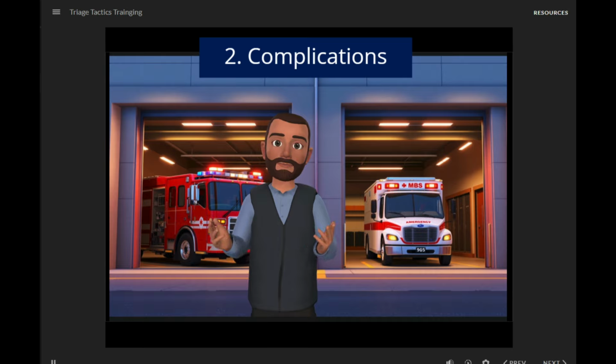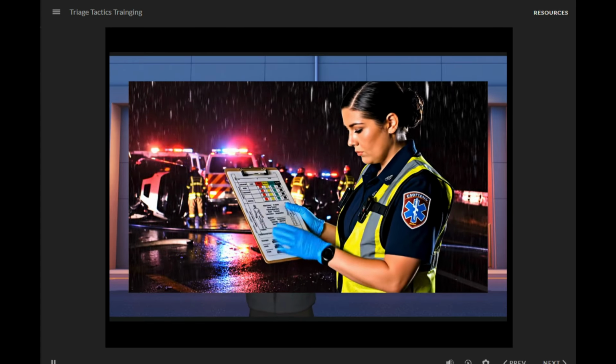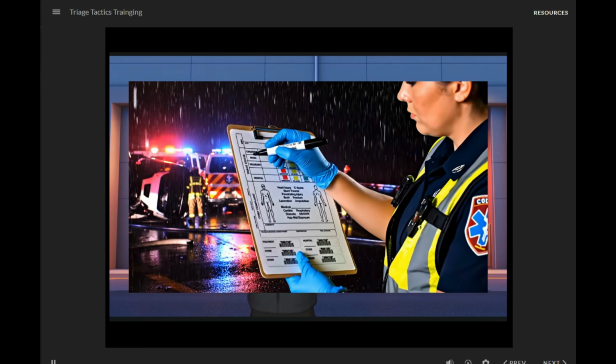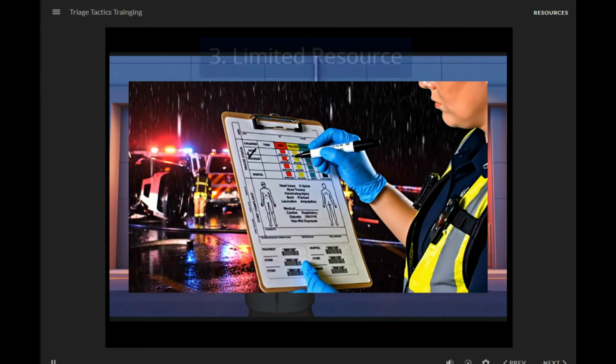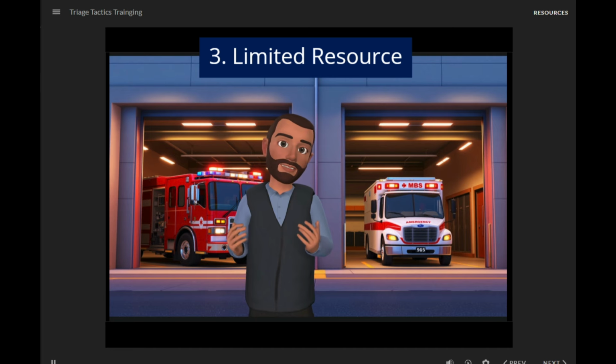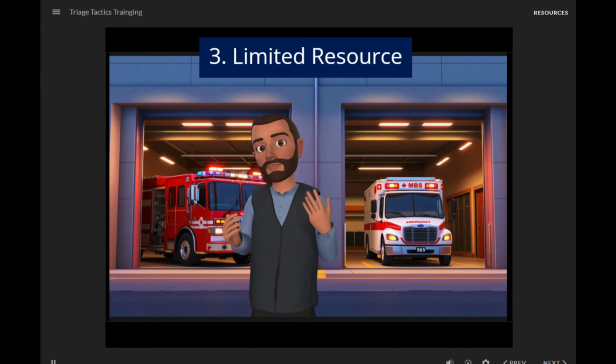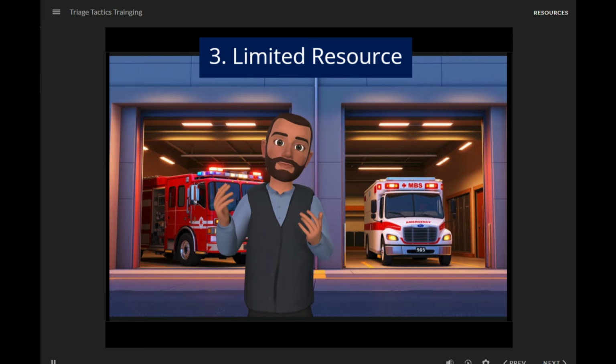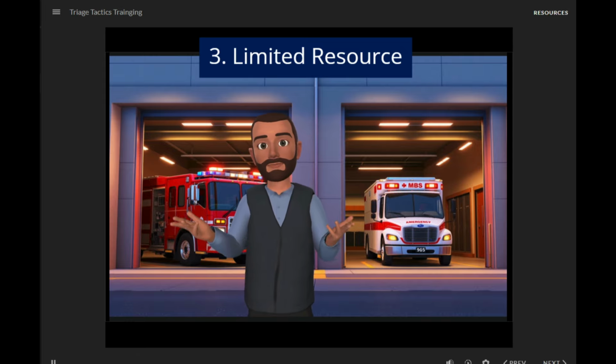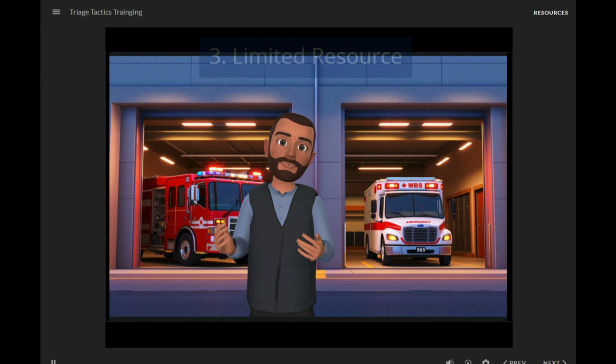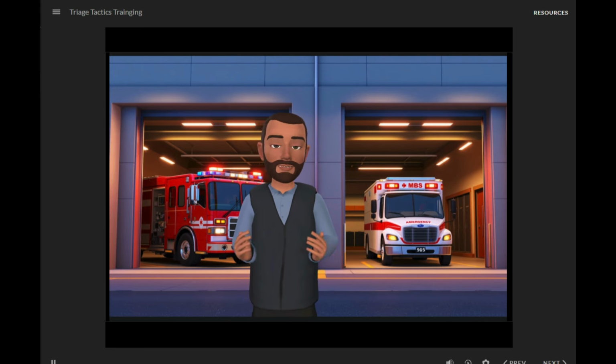Scenario 2, dynamic complications. 10 minutes into the incident, multiple patients begin deteriorating simultaneously. You must recognize subtle changes, reassess priorities, and make critical retriage decisions under intense time pressure. Scenario 3, resource crisis. With ALS delayed and additional casualties discovered, you face limited resources and competing medical priorities. Your ability to allocate equipment and manage family pressures will determine patient outcomes. Each scenario builds on the previous one, testing different aspects of your decision-making abilities.